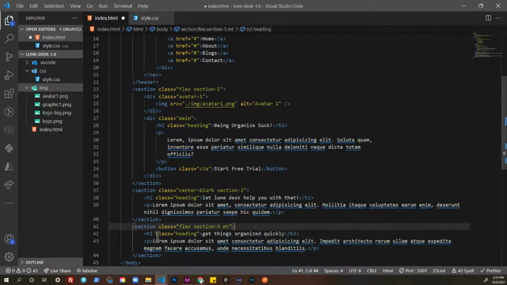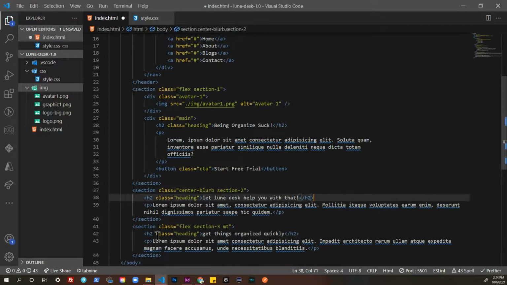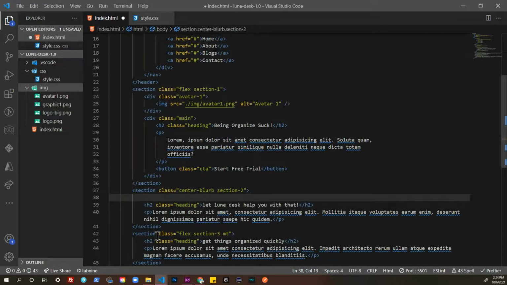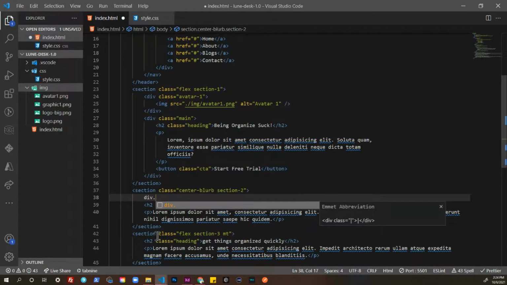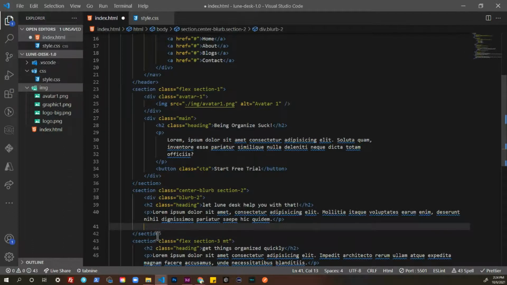let's get organized quickly. And I did forget something up top. Let's go above. Oh my goodness. I'm gonna sort it out in a second, folks. I'm gonna go right above there. Let's do that. We gotta do a div with a class of blurb 2. So we're gonna clear this out. So what we're gonna do is inside of that div, I'm looking to,